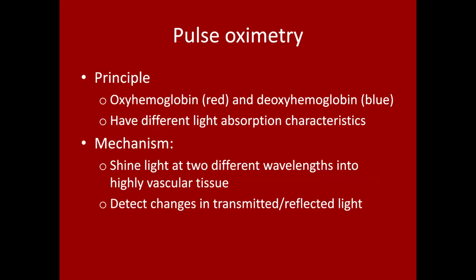So the principle of pulse oximetry, or how it works, is that oxyhemoglobin, red blood, and deoxyhemoglobin, aka blue blood, have different light absorption characteristics. And so the pulse oximeter essentially will shine light at two different specially chosen wavelengths into highly vascular tissue, and then will detect changes in either the transmitted or reflected light in order to determine the oxygen content of the